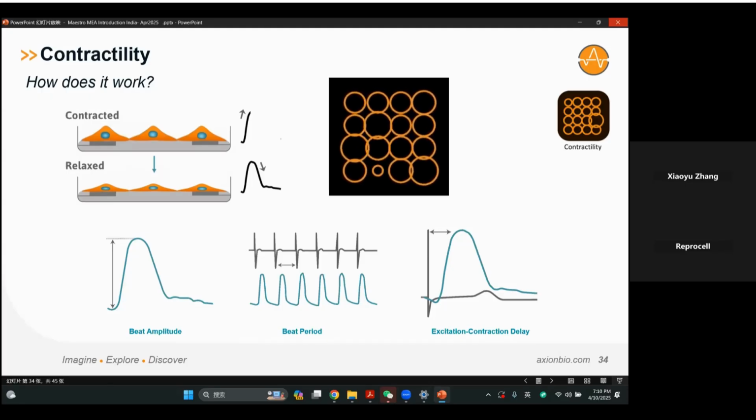So the array of electrodes can detect the regions that are contracting while other regions are being stressed. This pattern can be represented as a contractility map, where the relative size of each orange circle